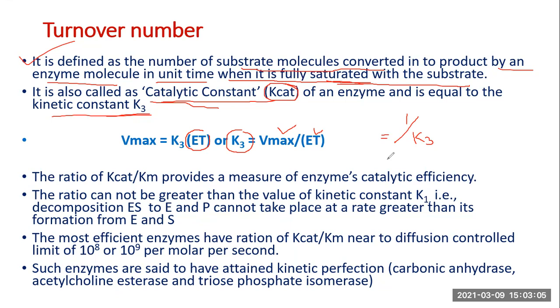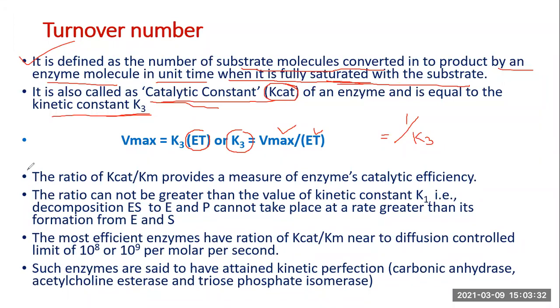So 0.1 second is the time required for completing one catalytic cycle, meaning for completing conversion of one substrate into one product. When one substrate gets converted into product, this completes one catalytic cycle. So for completing one catalytic cycle, the time required would be 0.1, depending upon what unit you are using, second, minute, whatever unit time. So it will be 0.1 second, right?